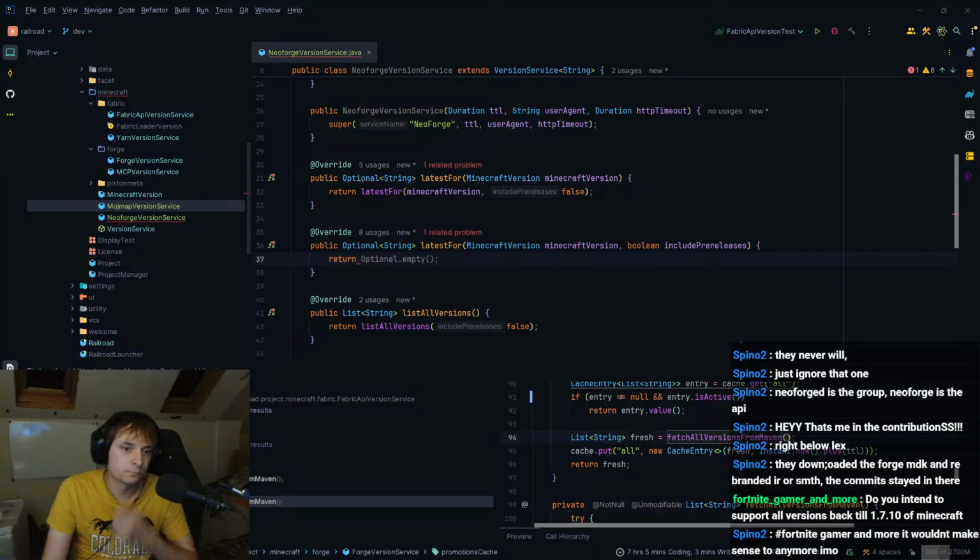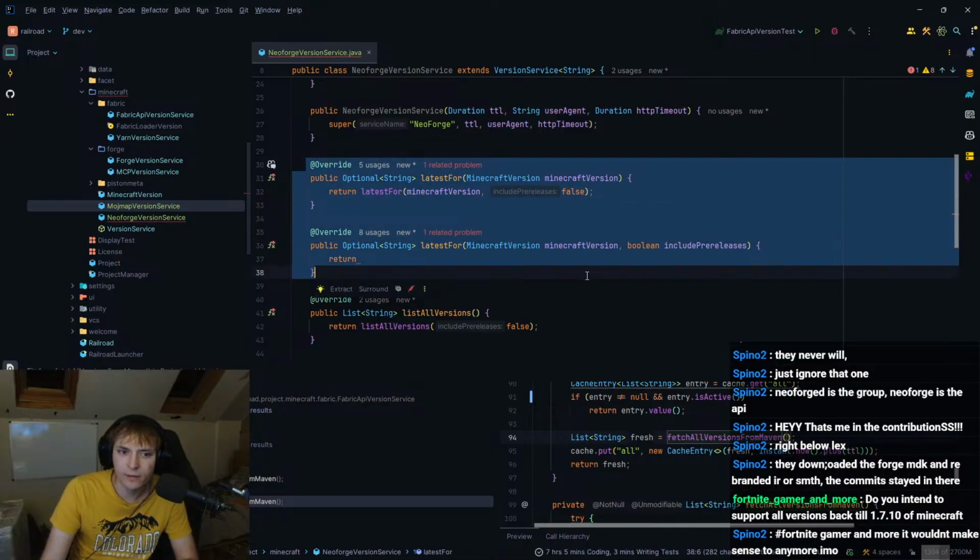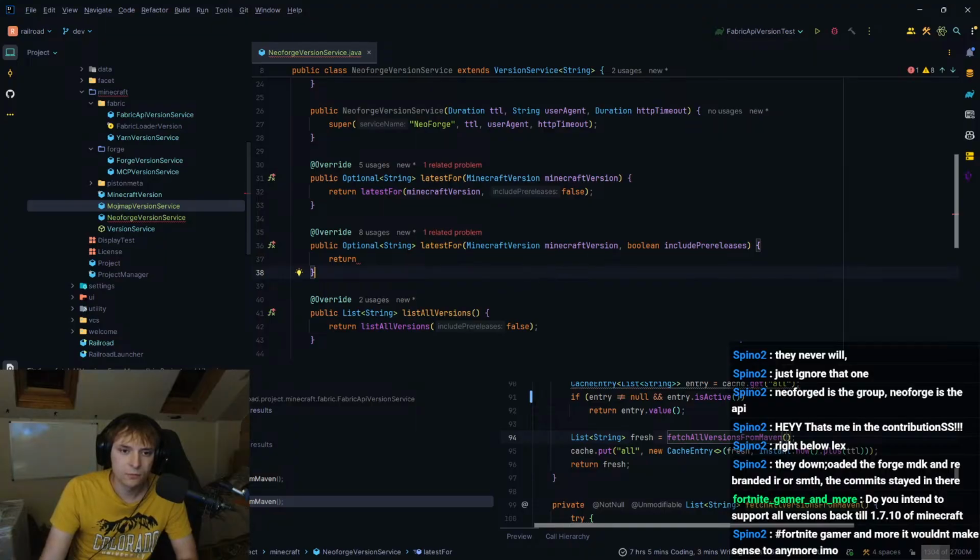So, actually doing this, I'm doing it the other way around in Forge for some reason. Not sure why. I mean, there's no way to get the latest. Oh no, there is. The versioning actually has that.